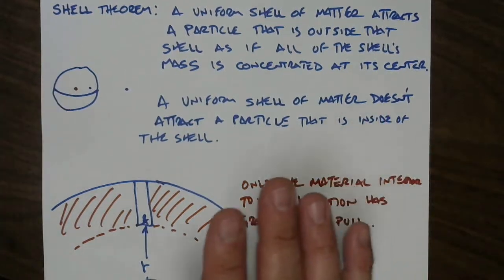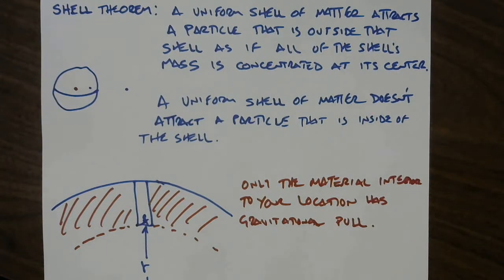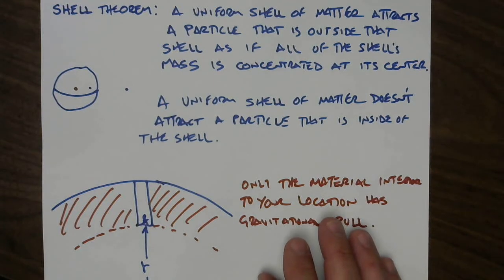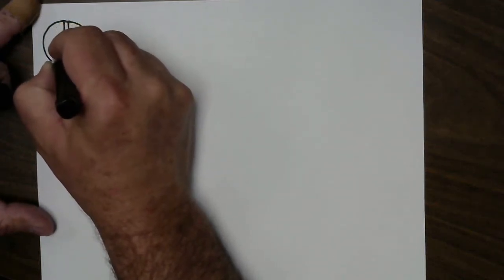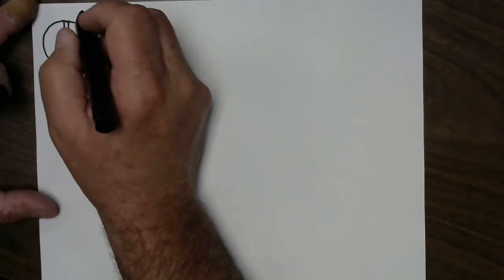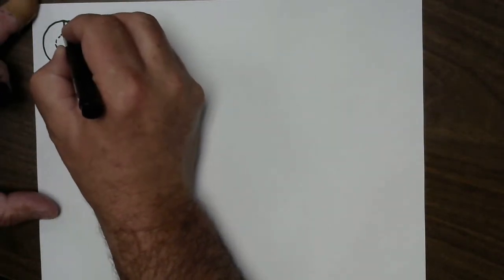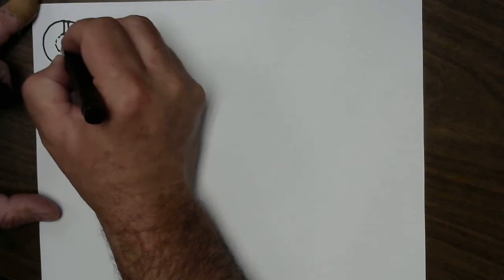Okay, so this is the shell theory. Now we have to figure out the upshot of the shell theory and figure out what the gravitational attraction looks like as you go inside the Earth. So this is going to be a little bit daunting here, and I've got two black pens, and one of them is smashed, and I don't know which one it is. So again, with this picture of the Earth, and let's draw the whole Earth. And now we have started to dig a hole, so there is this much of the Earth still inside of our location. So we are a distance, well, this is the distance,